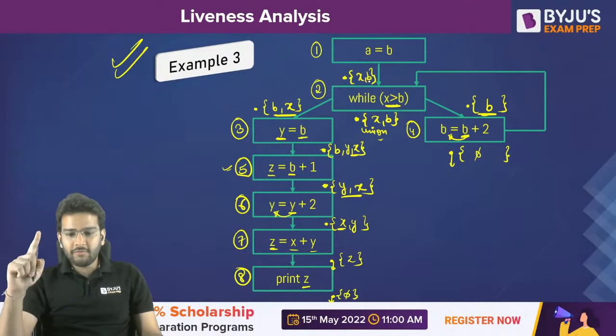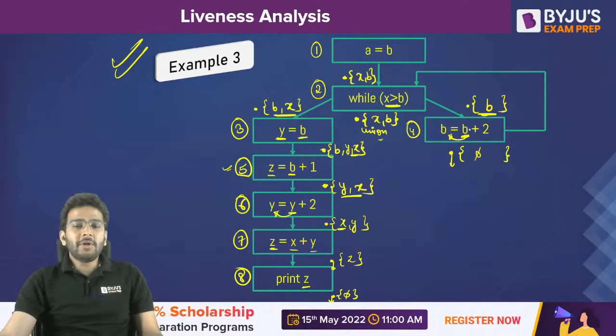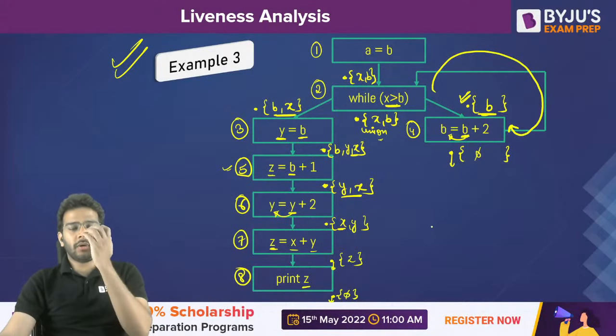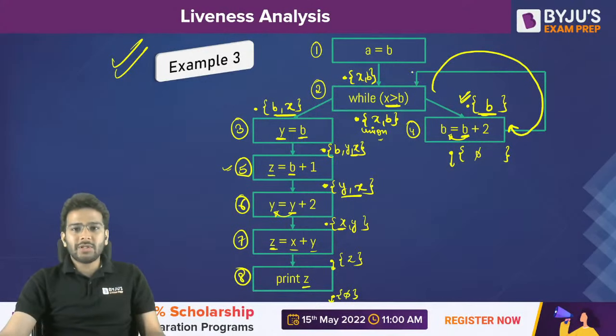Now the real thing. Everyone pay attention. Whenever you have a loop, it is better to perform at least two iterations to confirm that the live variable that you have mentioned here is correct. Again, I'm repeating. Whenever you have a loop, as it is a backward mechanism, we are going like this. If you carefully observe, we are going like this, right? As we are going from bottom to top, it is a backward mechanism.